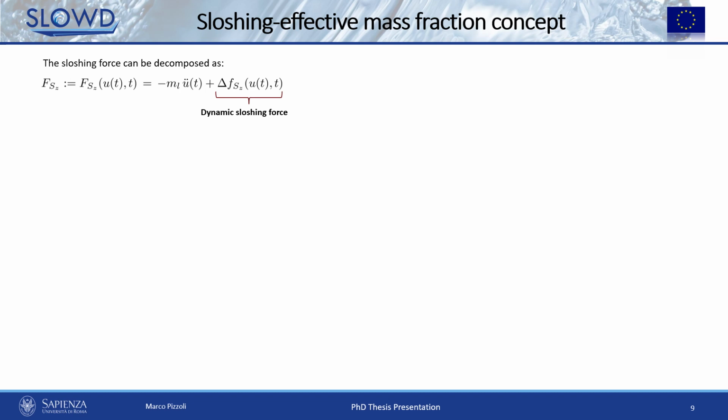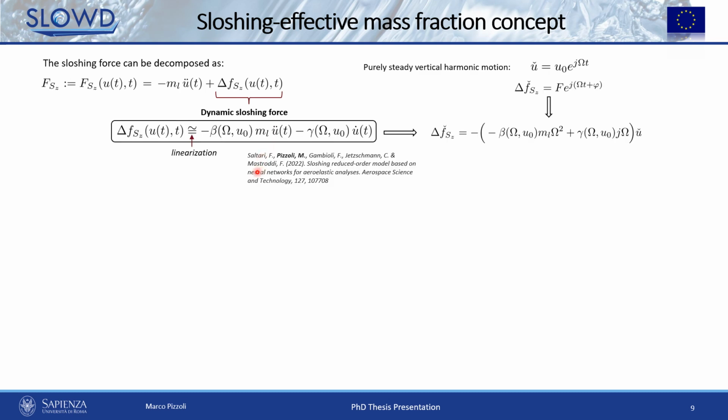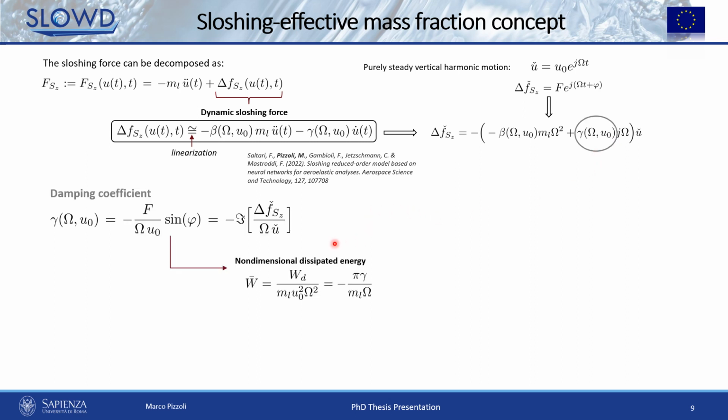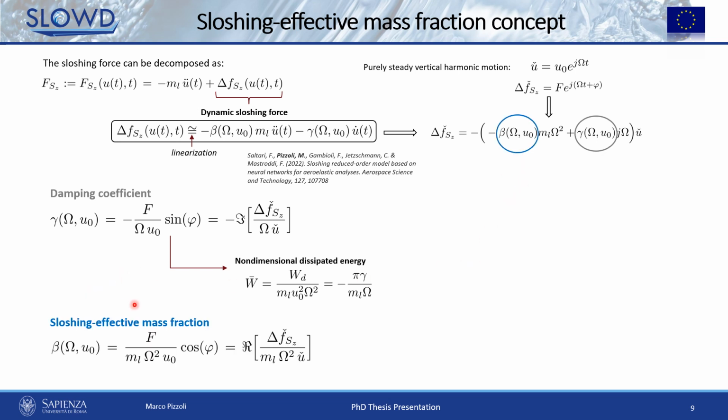Specifically, the sloshing force can be decomposed into an inertial contribution, depending on the liquid mass, and a non-conservative contribution referred to as the dynamic sloshing force, which in turn, through a linearization process and considering a purely harmonic vertical motion, can be expressed as the sum of a contribution related to damping, and consequently to the dissipated energy that we characterized in previous slides, and an inertial contribution which is related to the so-called sloshing effective mass fraction,